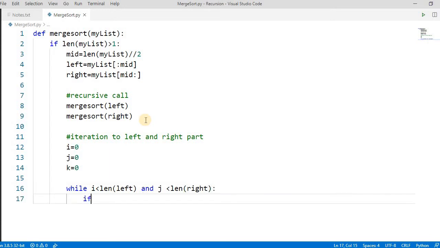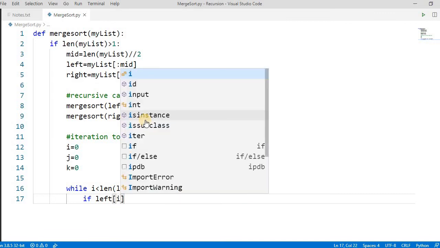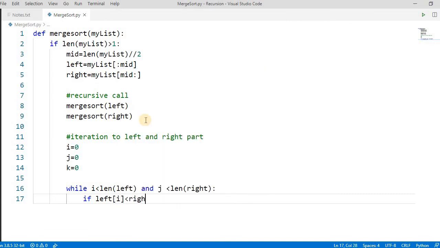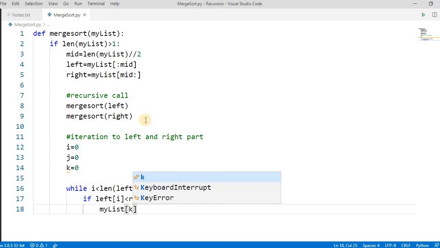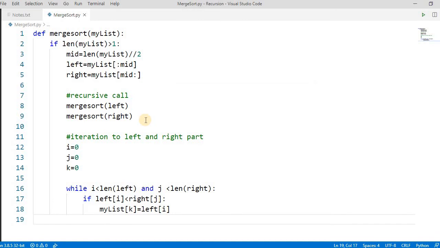We check the condition: if left[i] is less than right[j], then we put into my_list[k] the value left[i], and we increase i, so i plus equal to 1.